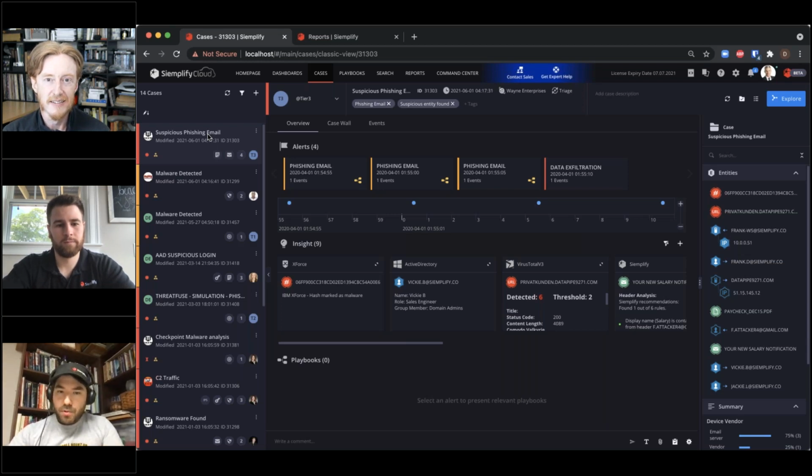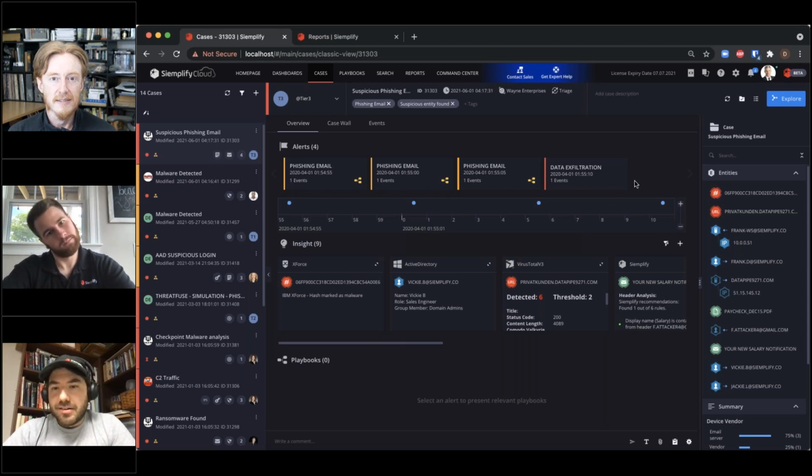the ability of the analyst to pull all that data in, grab it from maybe Active Directory and get some user information, go out to a threat intelligence source and pull that data in as well, go out to your endpoints and grab some endpoint information too, gathering all that information so that we can present it to the analyst. When they come into this case, they can see information about what's happening as far as the alerts are concerned. They can see when all of these alerts happened and the indicators that are involved in these alerts. On top of that, they can also start to see some insight into some of the data that's already